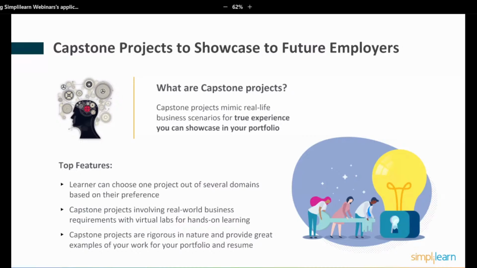You can choose it from different industry domains like e-commerce or entertainment, that type of thing. But you then get to design and implement your solution. You have your instructor meeting with you weekly to review your progress, make sure you don't get into any dead ends, keep you on track.